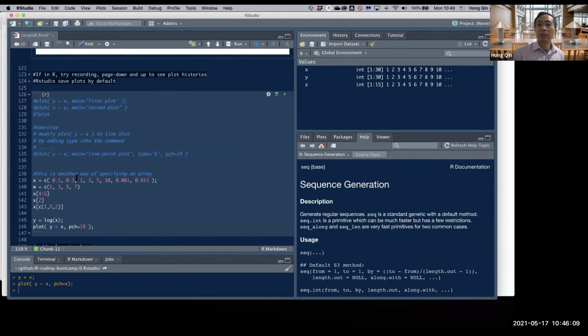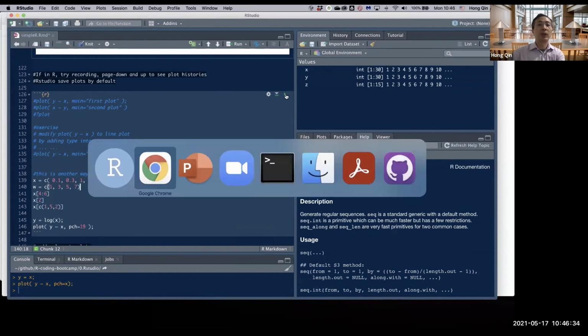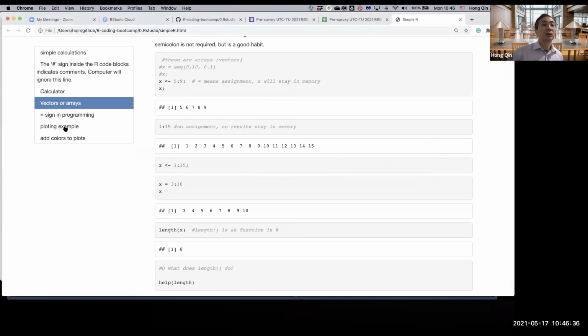So this will be c(0.1, 0.3, 135), and that's just a vector of numbers, with the first one being 0.1, then 0.3, 135. And then the second one is a list of numbers, w equals c(1, 3, 5, 7). If I go back to my